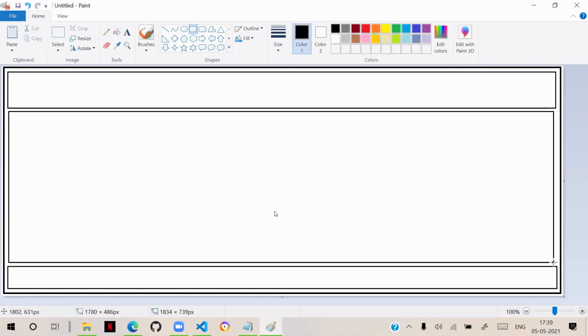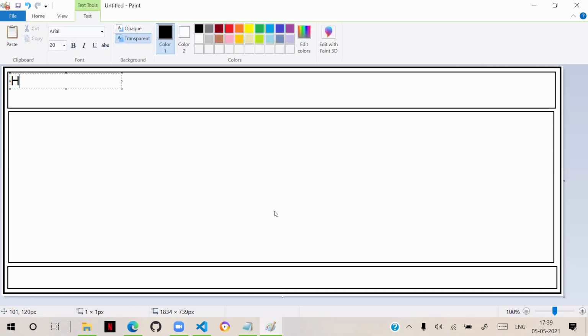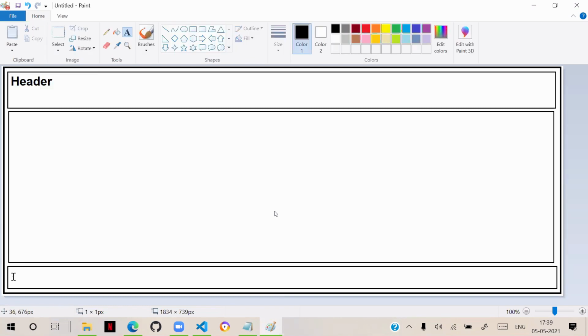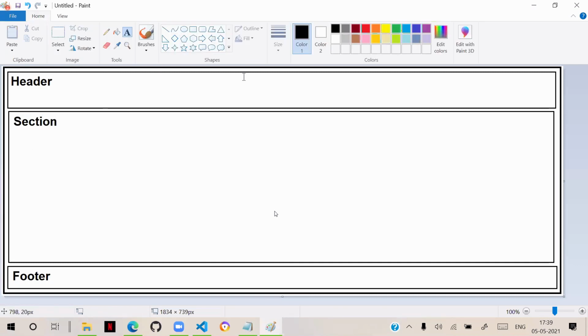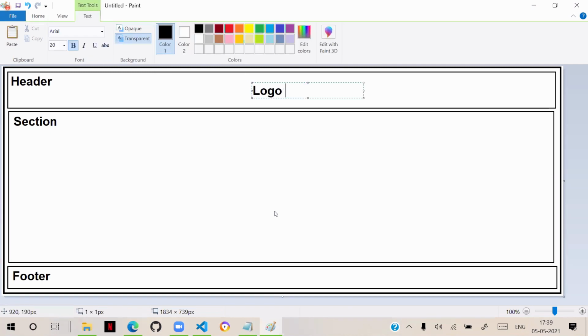The top margin we call the header. The bottom margin we call the footer. Between header and footer, we have a section. Sometimes in the header, we can have just titles, logo.